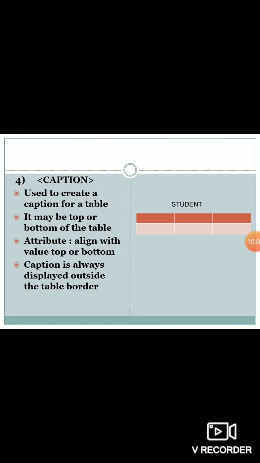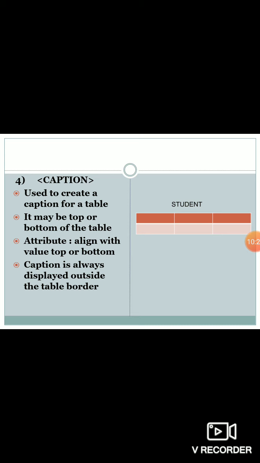Now I can give a caption to the particular table also. So to give a caption for a table, here we can use the tag called caption. Now either I can print my caption at the top or the bottom of the particular table.